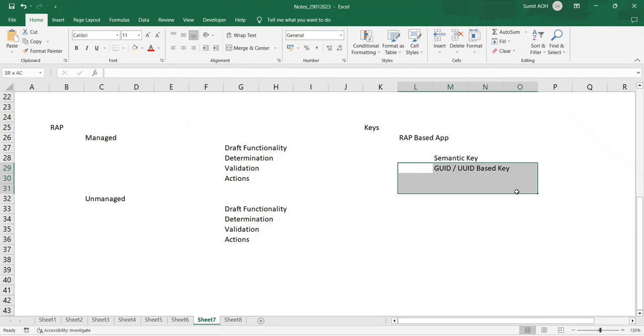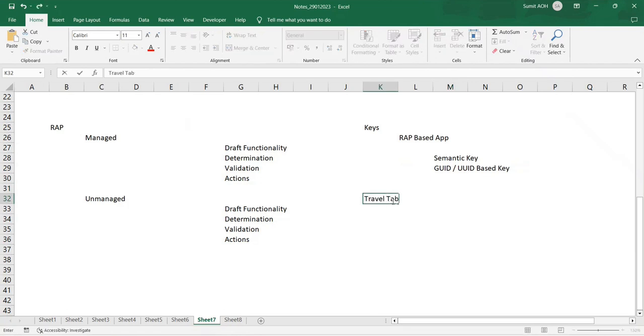Now the advantage over here is that this particular GUID key will always be unique. So you are not worried about having to determine a new key parameter while I create a new entry. Instead, it will always be unique. But when it comes to my end user, he'll always want something that makes sense for him. So for example, if I say that I do have a travel table which is having a GUID based key,